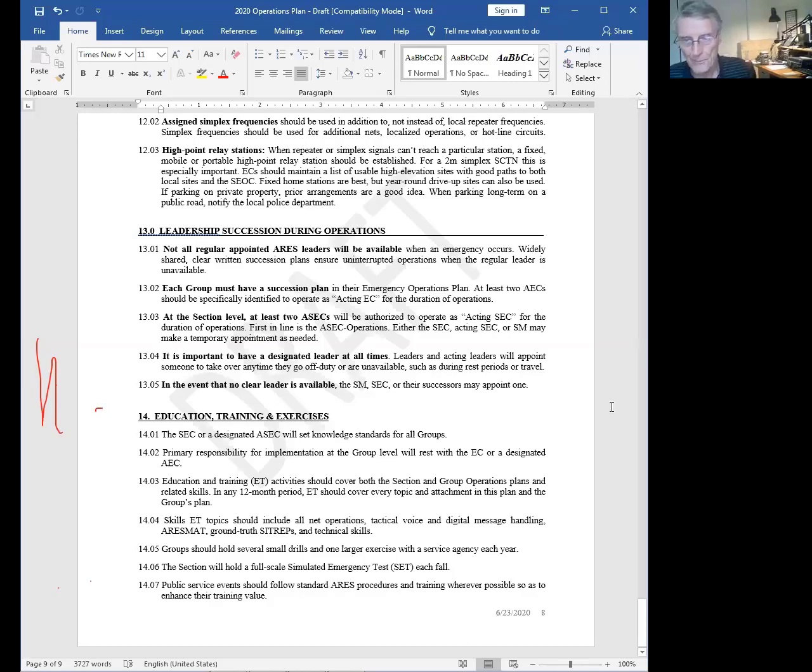We have a great plan on paper. I'd be scared to death to see what would happen if we tried to implement this in any kind of major situation right now. I don't think we'd be able to go very far. I think we'd be in big trouble real fast. The SET each year is just not enough. And it's always a partial exercise. It's very seldom done as a real, true, full-scale exercise. And you really can't do a full-scale exercise in one morning. It's just not feasible. It's got to be an all-day event.